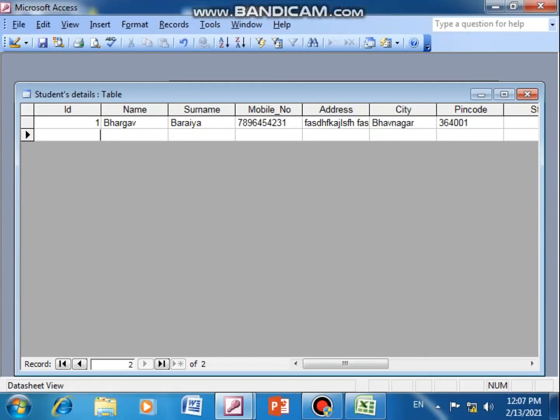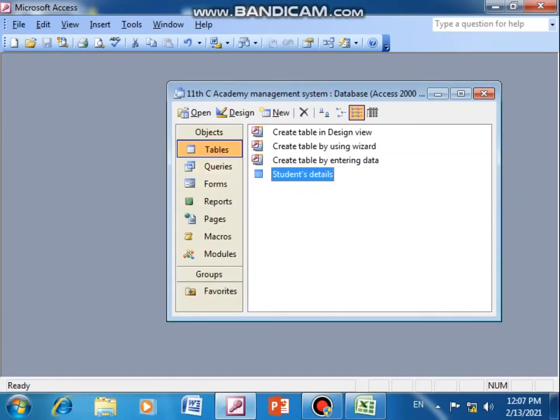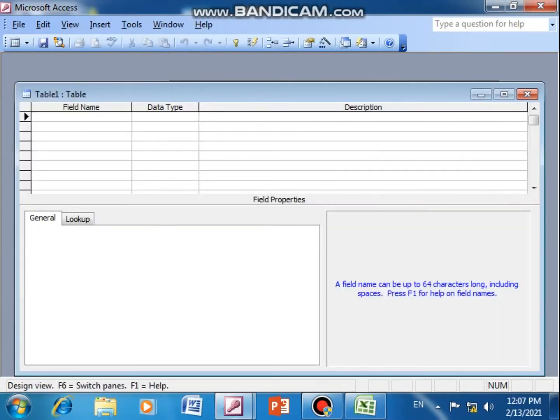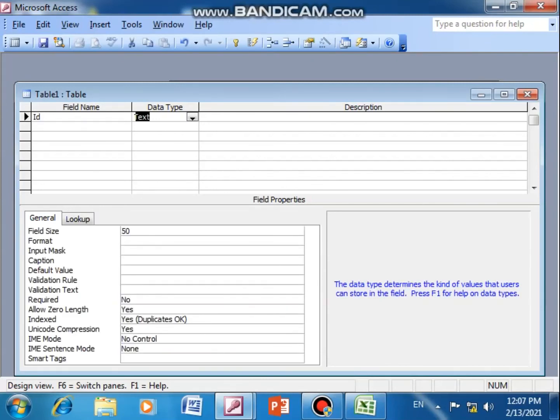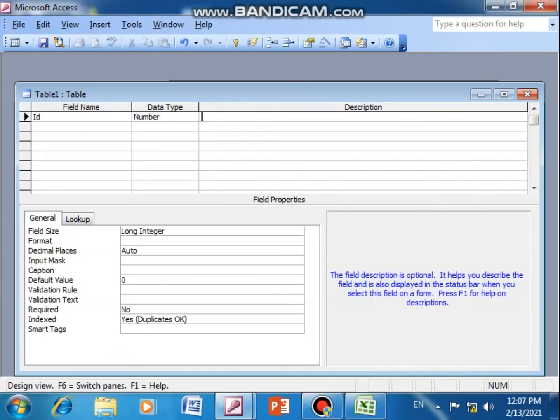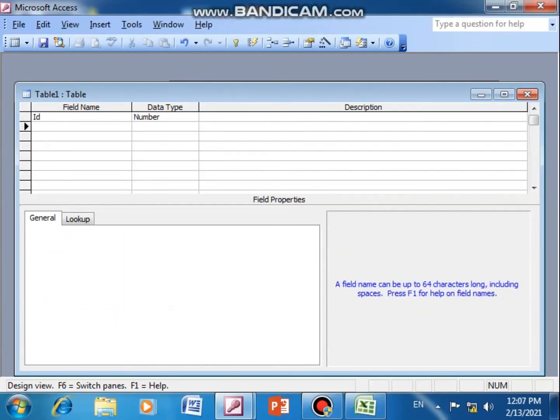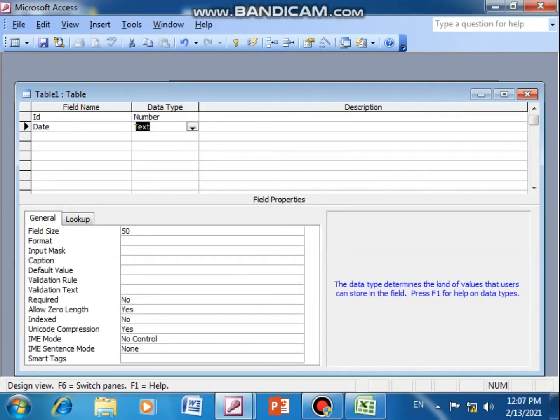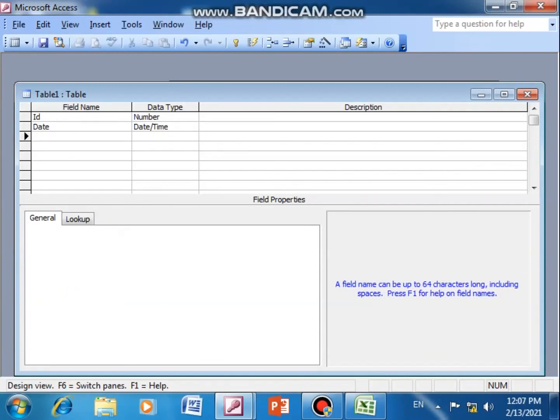Then the next table we have to create is the fees table. In the fees table, the first field I take as ID, I take number as data type. As soon as I take number, the default value comes, which I have to remove, as we learned just now. Then the next thing was date and time. Then what was the next thing?